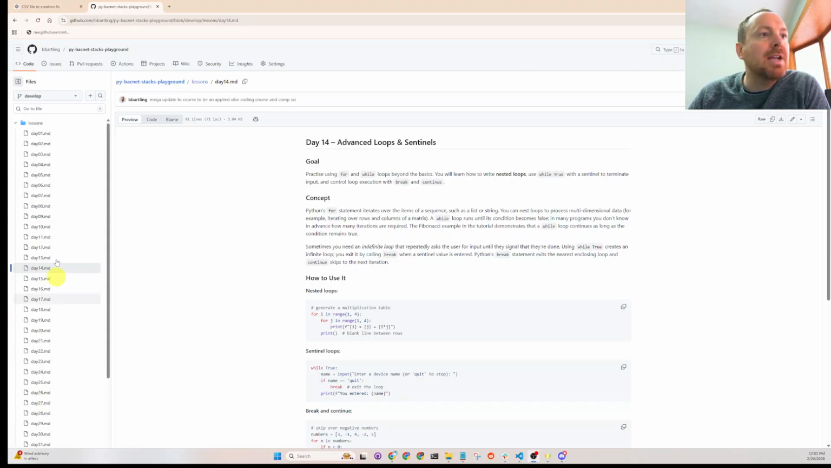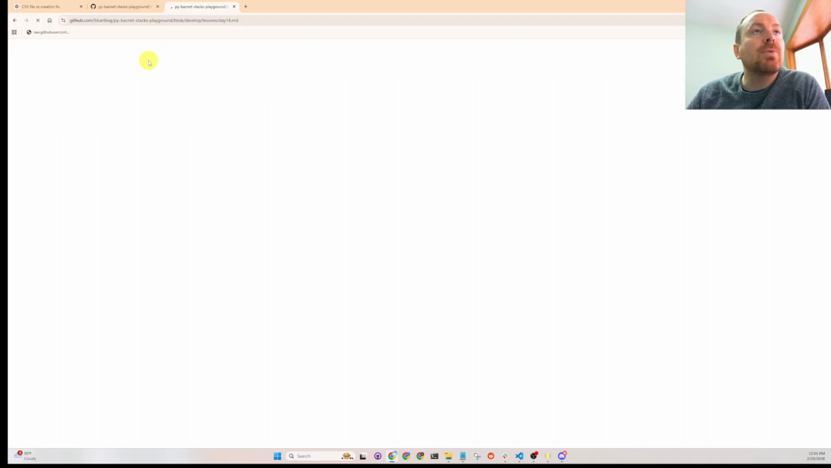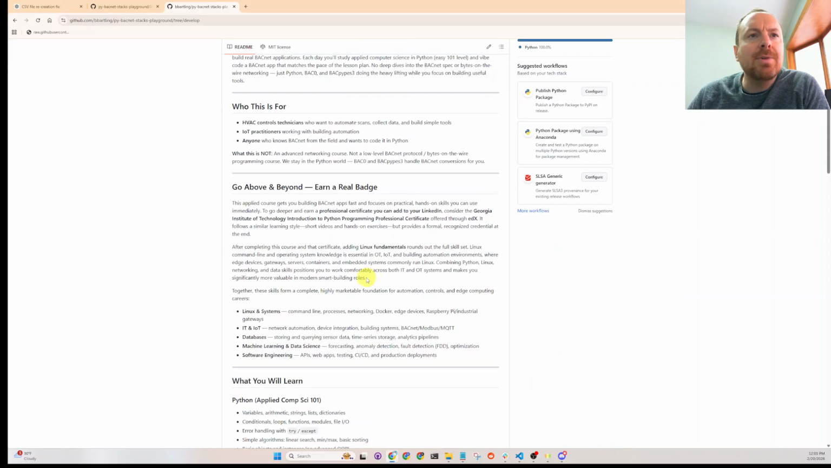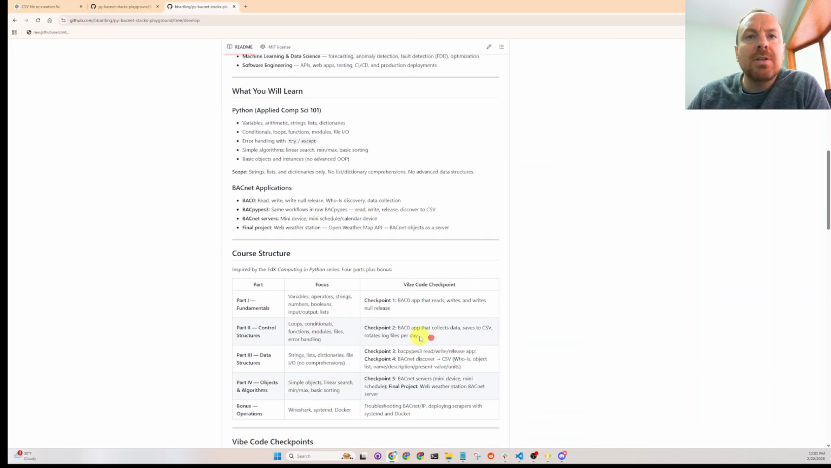We're doing our AI generated theory lectures here, and we're all the way up to advanced loops. So this is some computer science theory. Then we're also deep in the weeds on our vibe code checkpoint 2. This is our BACnet ReadPropertyMultiple app with BACpypes, which saves data to a CSV file, and then rotates the